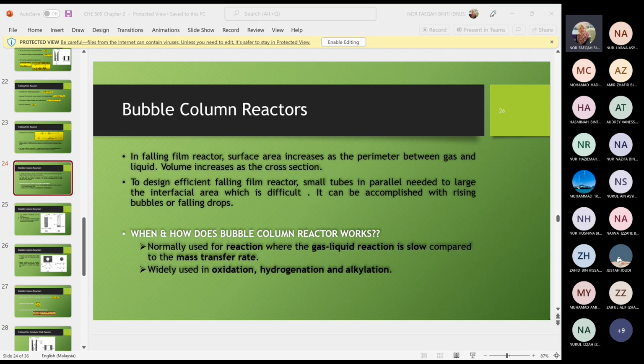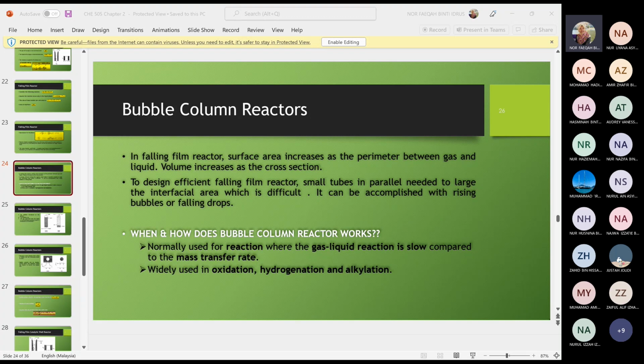So that's why designing an efficient falling film reactor is difficult. Okay, so that's why we need another type of column, a large column, that we can use